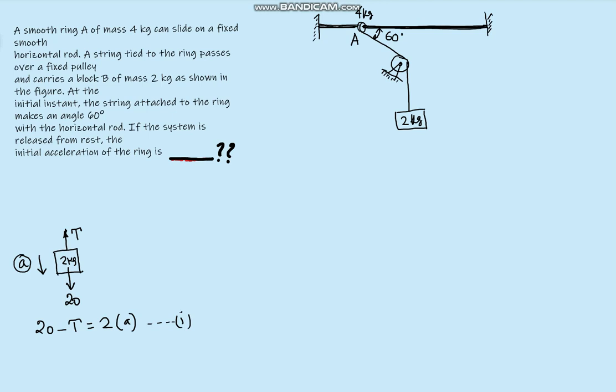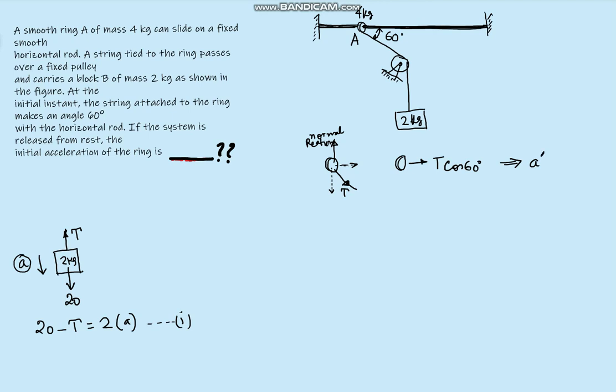Now as far as the small ring is concerned, which can slide over this rod, that is across the rod if it is moving, what are the forces that are acting? In this direction, the tension T is acting. Now we need to find out the force diagram. So this T will be having one component downward, another component along the rod, and there will be a normal reaction also. This normal reaction will get nullified by the downward component of the tension T. Therefore, as far as the ring is concerned, the net force on the ring will be nothing but T cos 60 degree. With this, the ring will be moving with an acceleration, let us say A dash.